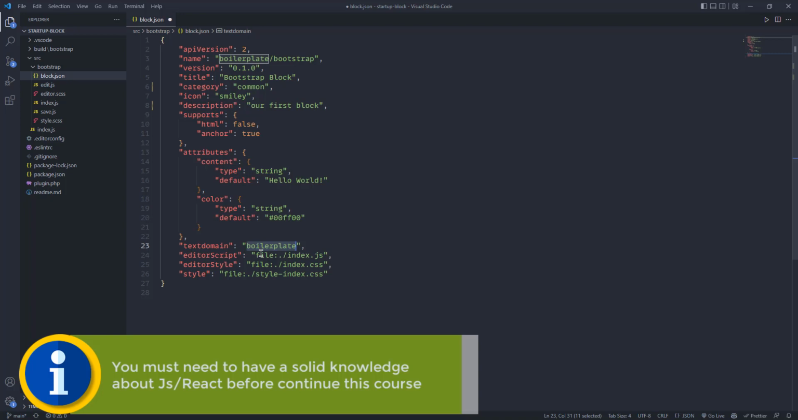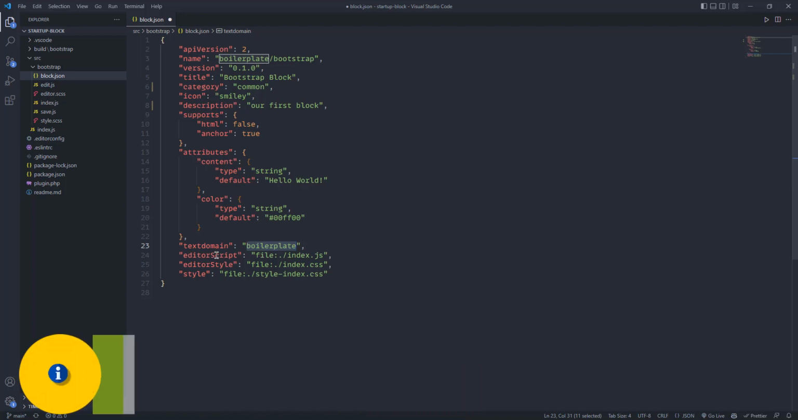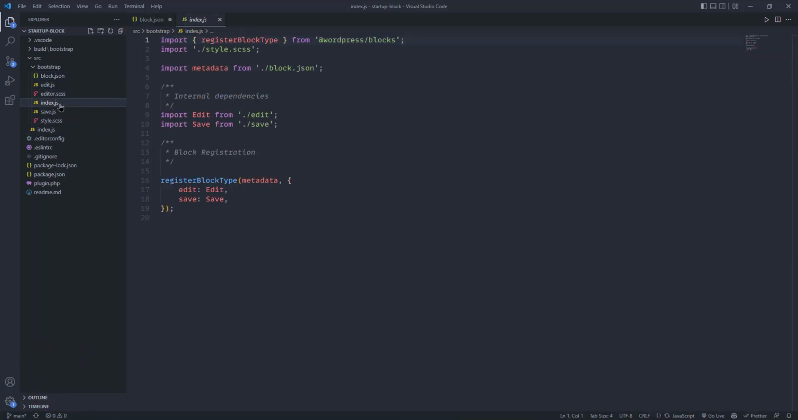We can change the text domain. I will explain it later. No, don't be worried about it. So if I go to the index.js file,